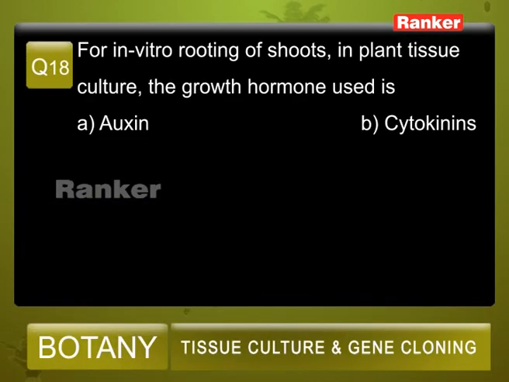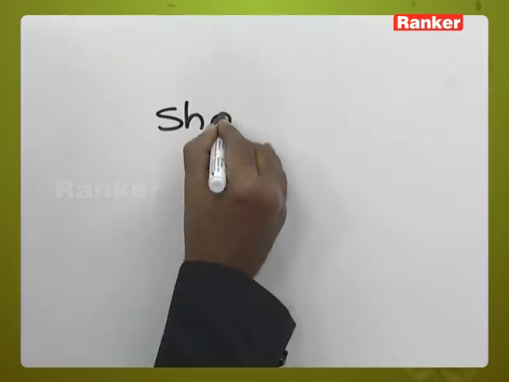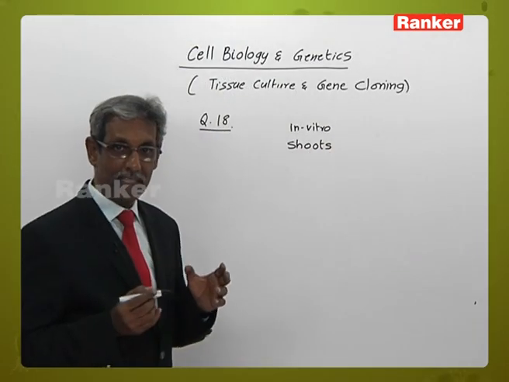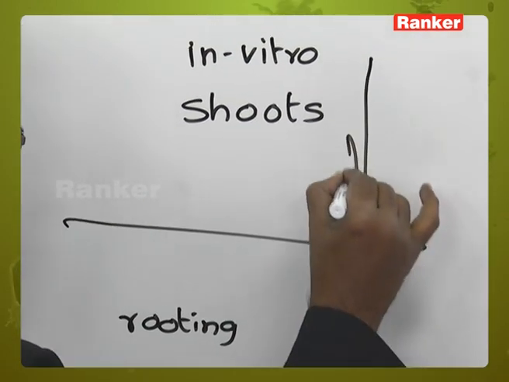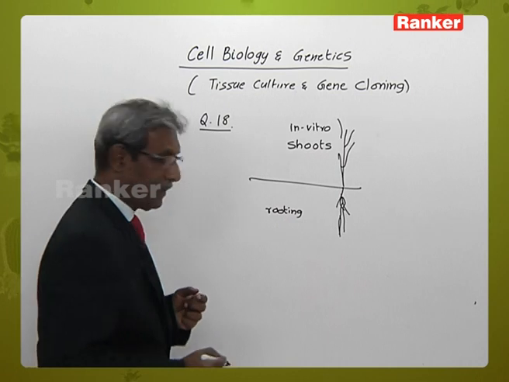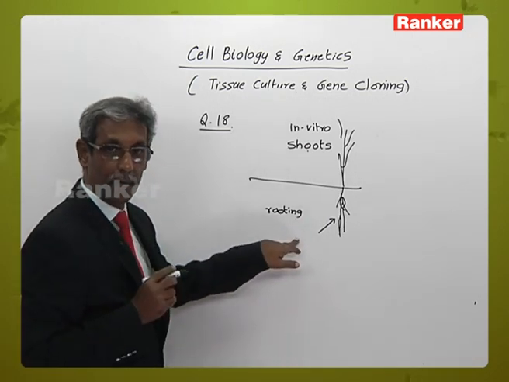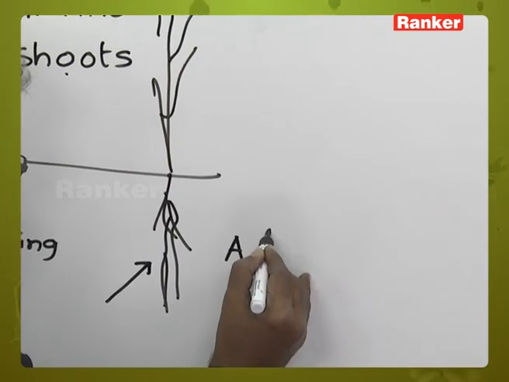Question number 18. For in vitro rooting of shoots in plant tissue culture, the growth hormone used is A. auxins, B. cytokinins, C. gibberellins, D. ethylene. Now, if we take shoots, we want to produce in vitro, we take the plants and we are interested in rooting. So, the object here is, if we want to develop rooting of shoots, which is the growth hormone which is required here. Now, whenever you want rooting, we need to primarily give more auxins, high auxin content